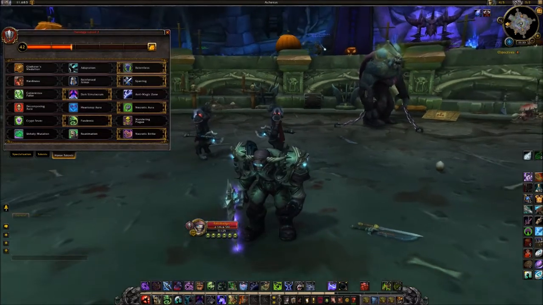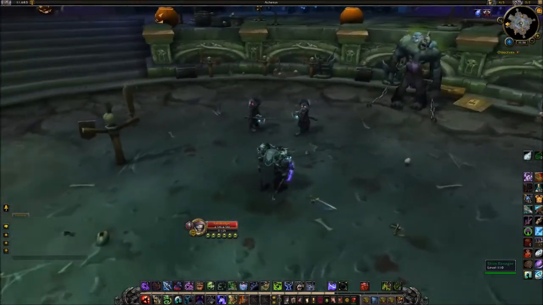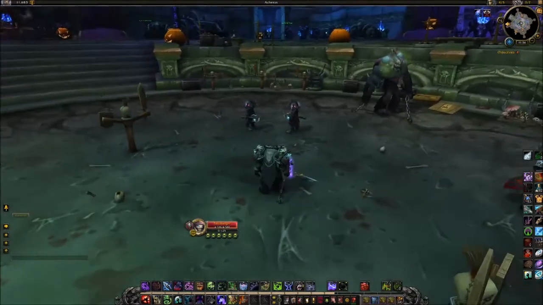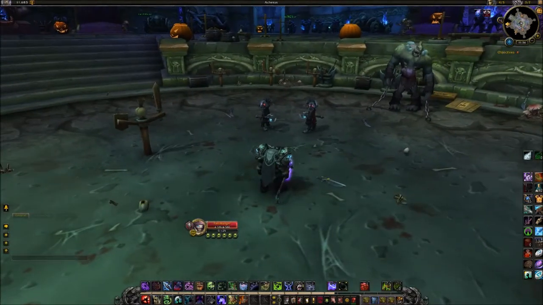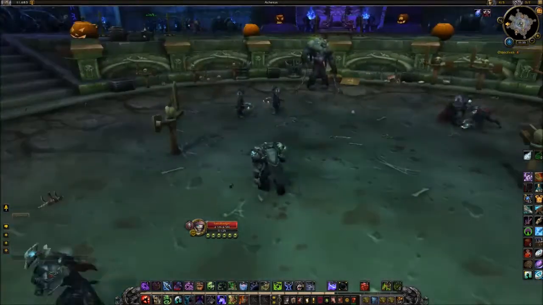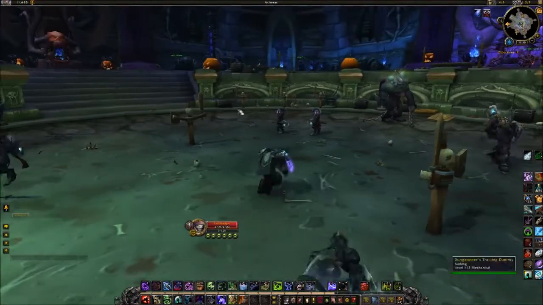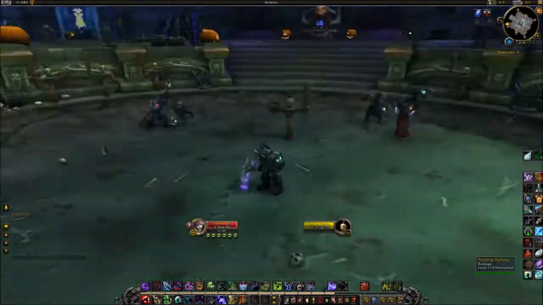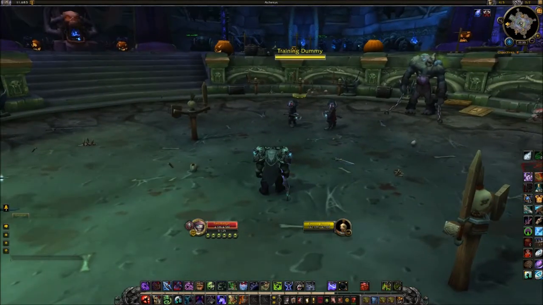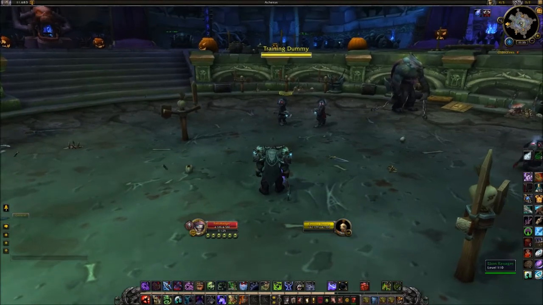Alright, let's look at some situations in Battlegrounds on how to play these. Alright guys, for the first fight, the first style of what we're going to be doing in the Battlegrounds, I'm going to show you the pure AoE damage that you can bring. Now, this is great for fights like Eye of the Storm, Temple of Kotmogu, Warsong mid-fights. You could really do a lot of damage with this and bring teams down very quickly and make a healer's life an absolute living hell